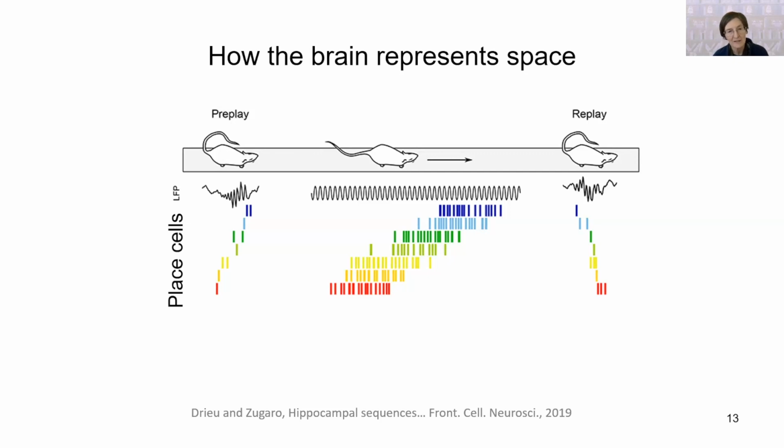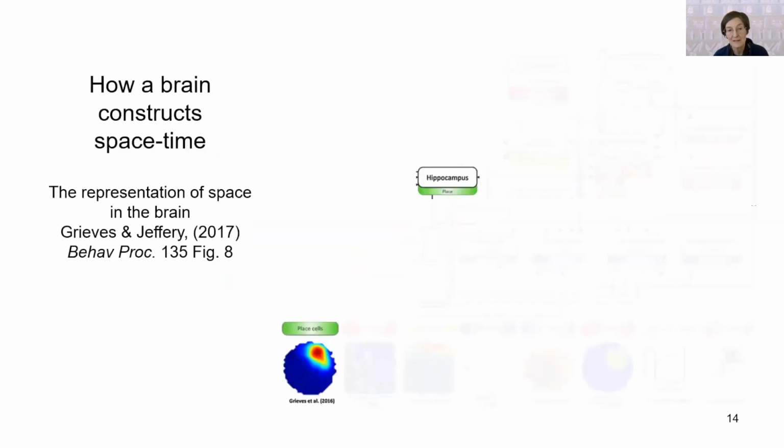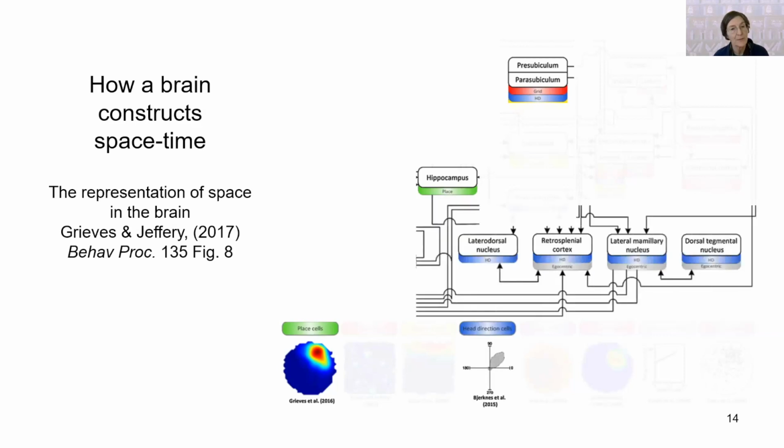It turns out the brain does have place cells, this is one looking top down into a circular arena in the hippocampus, but there's a lot more to it. You can't know as you run along a track whether you're running east or west unless you have head direction cells. There are head direction cells in many different parts of the brain. With head direction cells, there's a lot of uncertainty. You can work out your head direction from